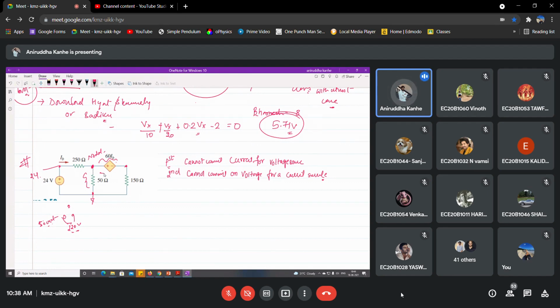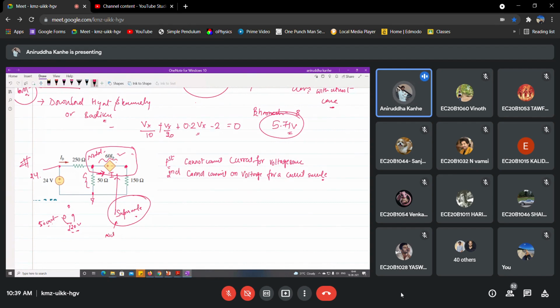We cannot write the current equation for this. What will be the current? You do not know at this moment. Can I consider a current, let us say I? That also we do not know. So it is a special case, because these two nodes are such that in between them there is a voltage source, and such a scenario we will call a supernode. I am not discussing it at this moment because the supernode topic itself is not yet discussed with you, so I will leave this portion for your next class.